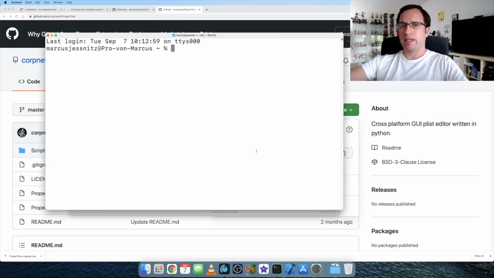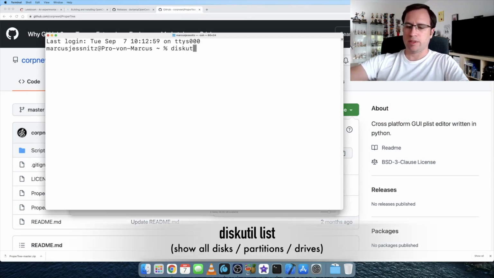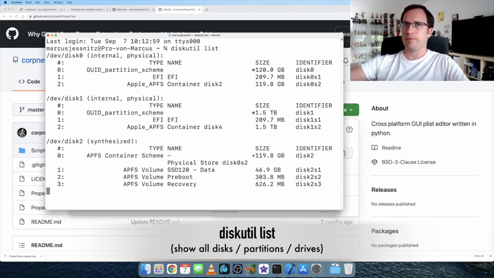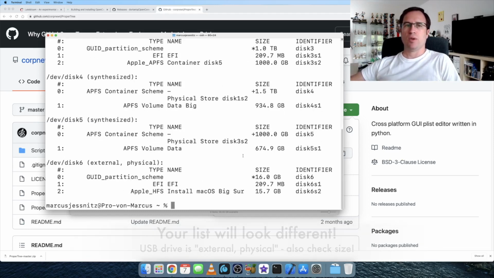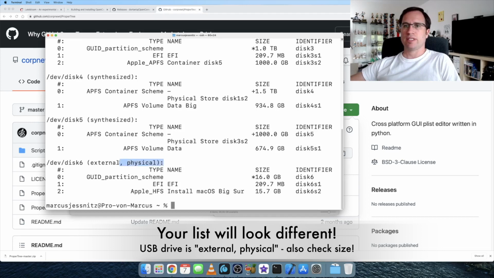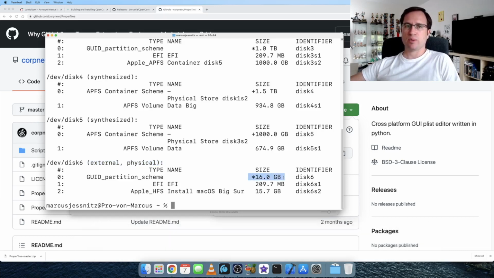Okay, and then we type diskutil list. It shows all your hard disks and partitions. What you're looking for is external physical, because the USB drive normally is an external drive. Be sure to check the size. This is a 16 GB USB drive.